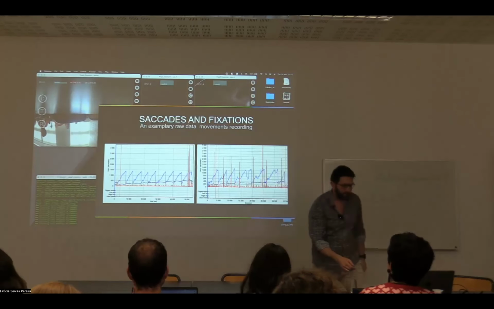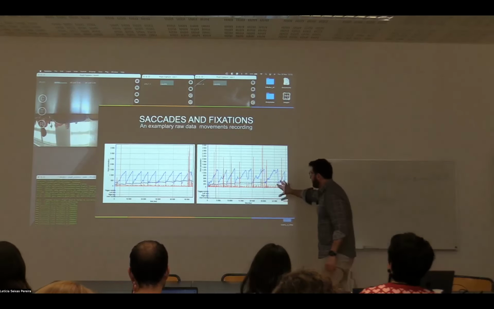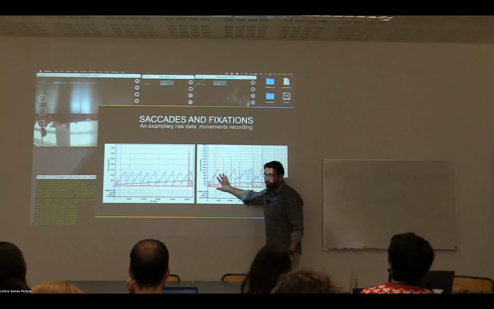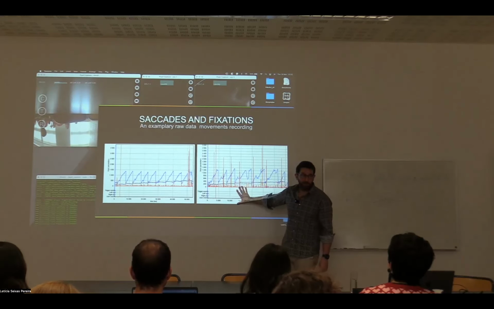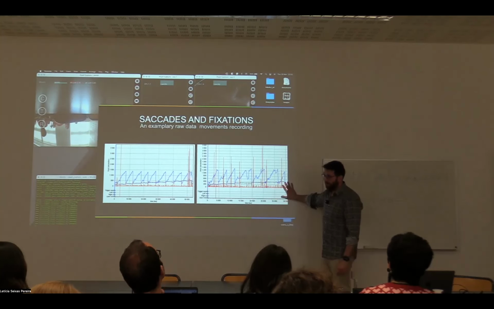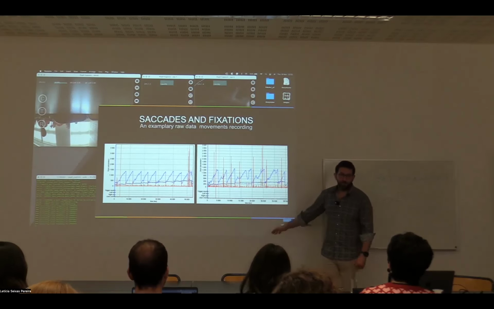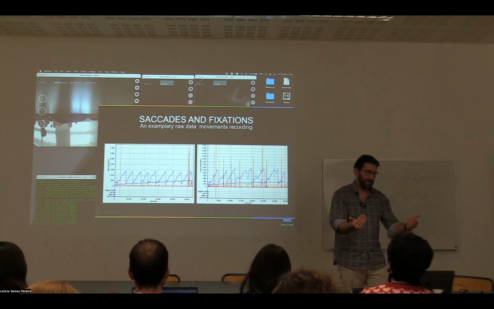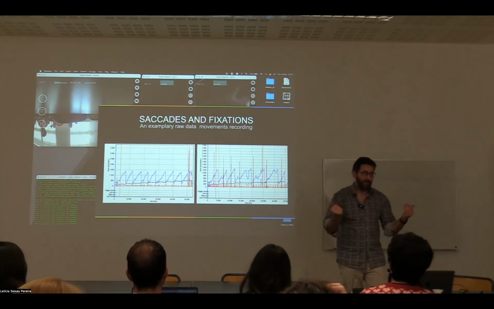That's a different example. This one is of reading of the same text with a couple of hyperlinks in it. It looks completely different, right? Very different. Maybe not completely, but what we noticed: we gave the same instruction to the participants, read the text and remember. That's it.